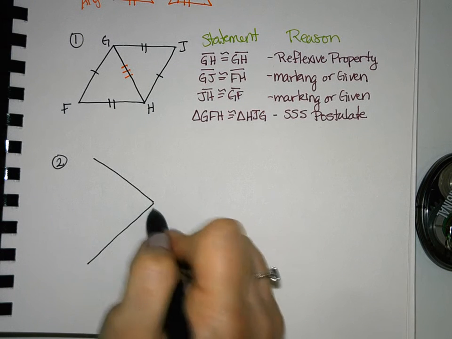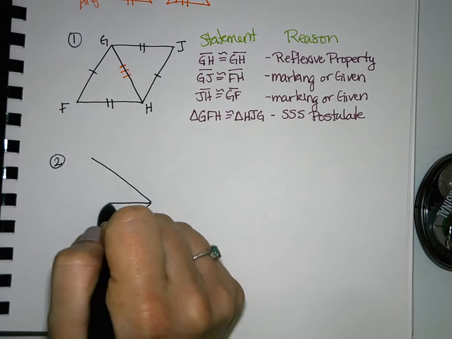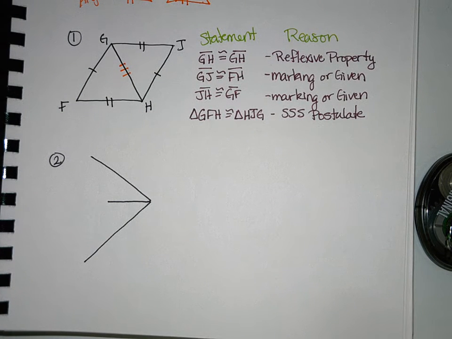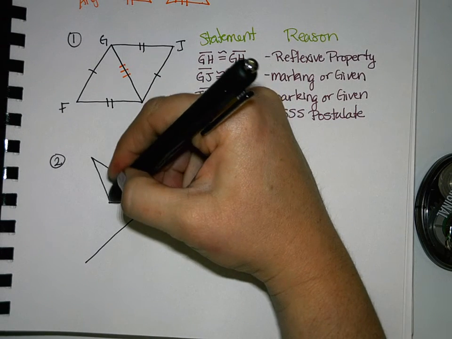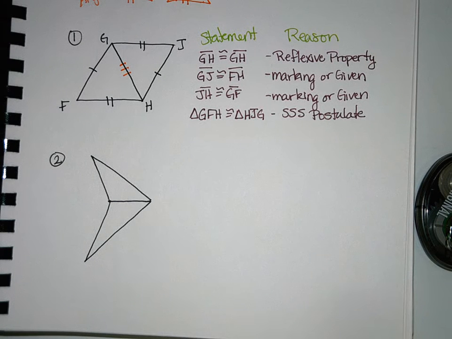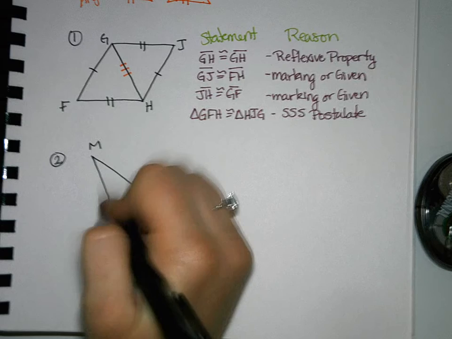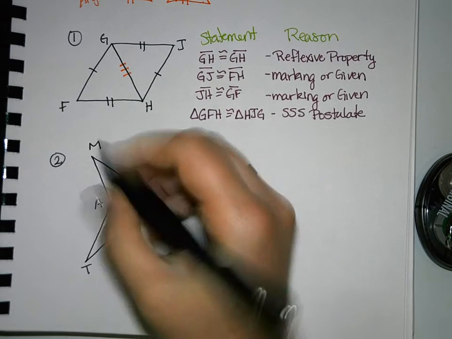And then from that middle point, I'm going to draw a horizontal line. And then I'm going to connect each endpoint with the endpoint of that horizontal line, so that it looks a little bit like a kite. So we have M, A, E, T,